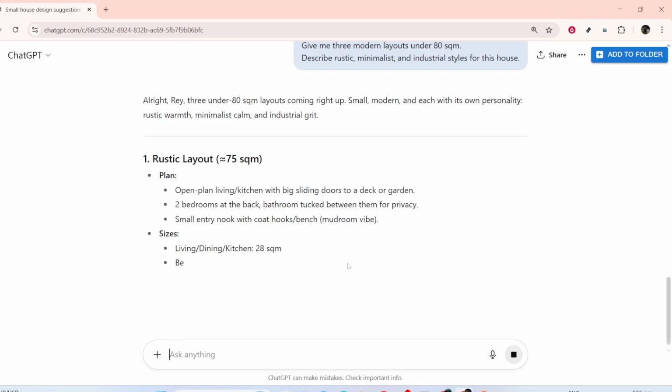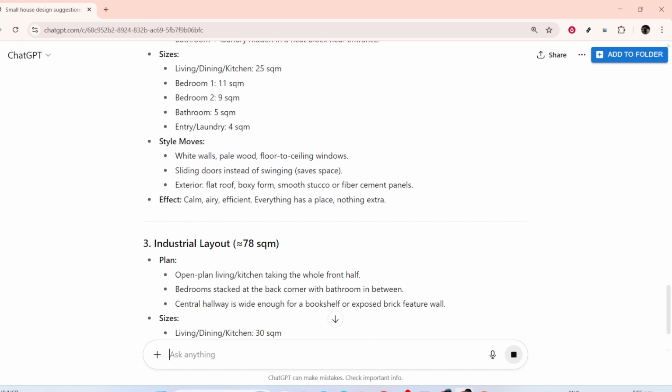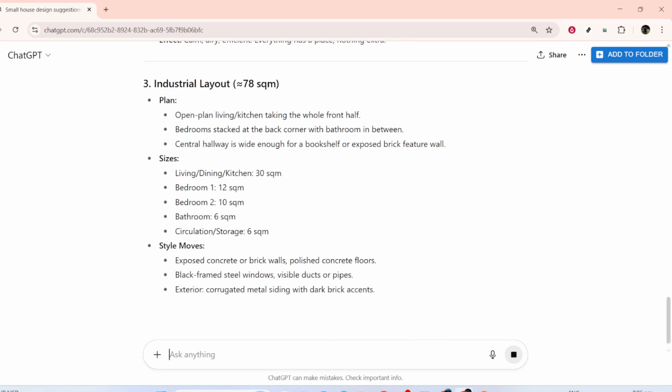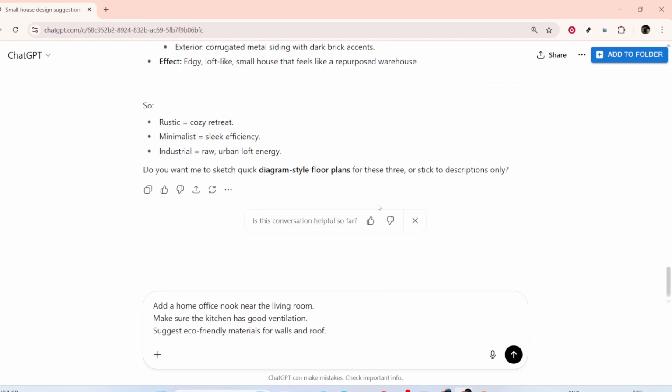Once you have a few ideas on the table, it's time to refine the details. Consider the specifics that will make your house both functional and environmentally friendly. You could make requests such as, "Add a home office nook near the living room," or "Ensure the kitchen has good ventilation." Ask for suggestions about eco-friendly materials for the walls and roof, which are great for sustainability and modern